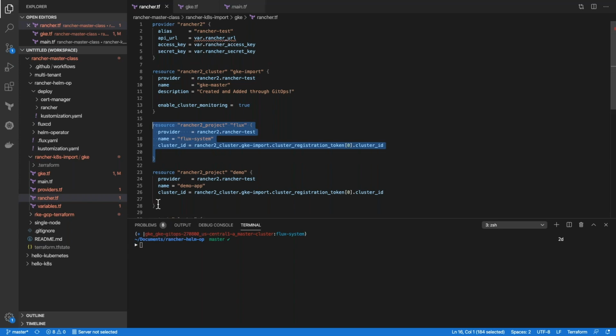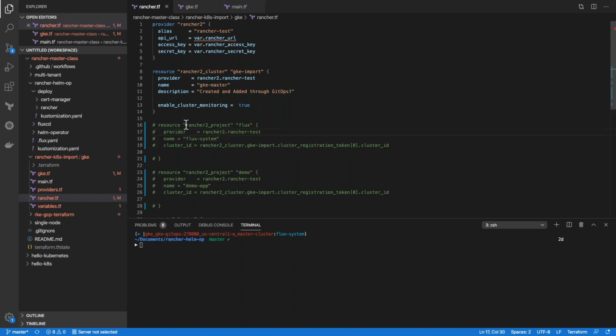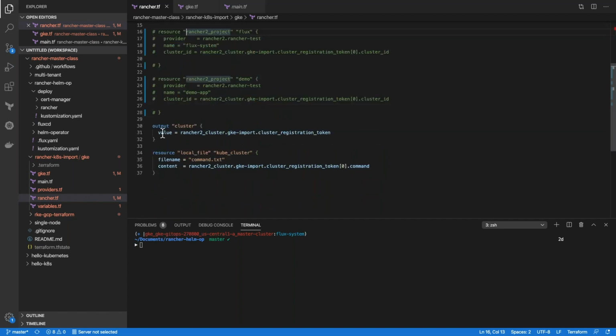Yeah. So fun thing that I found out the other day. You can provision projects using Rancher 2, but being that when we import this, the cluster doesn't exist in Rancher right away, those projects will cause the Terraform script to fail. It's just a kind of chicken and egg situation. So here we're going to output the registration token, and that's pretty spiffy. So down here, we're going to write the apply command to a